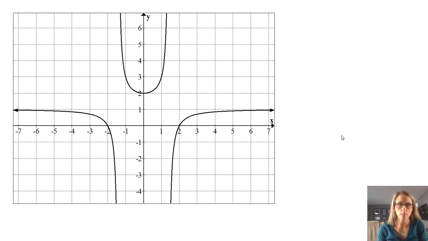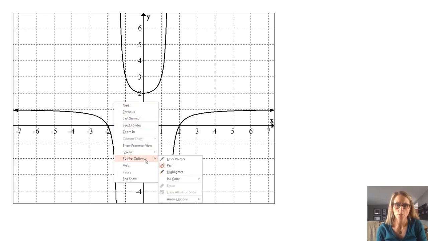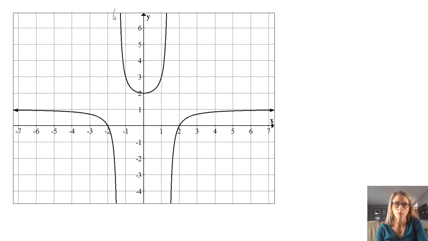So notice that I'll use the red here to remind you what these things look like. We have those vertical asymptotes at root 2. I have a hard time on the tablet here, but we have root 2 and negative root 2 as our asymptotes here. We also have the horizontal asymptote of 1. So that's what's happening here.